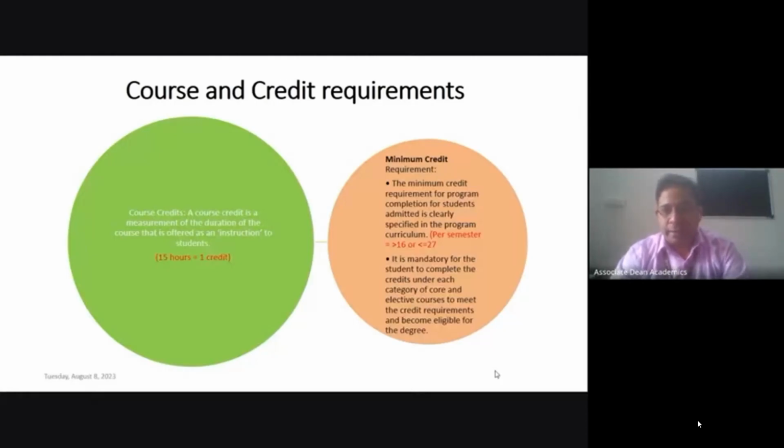But here in VIT Bhopal University, our lecture timing is not 1 hour, rather it is 90 minutes, 1.5 hours. In order to meet the requirement for a 3 credit course, since it requires 45 hours, we will require 30 sessions or 30 lectures, because each lecture will be of 90 minutes.